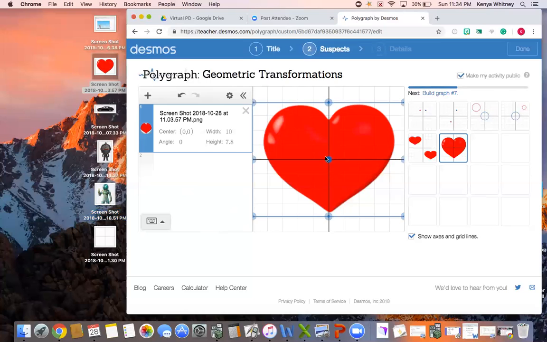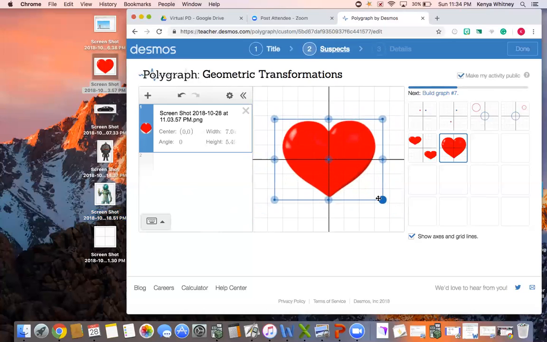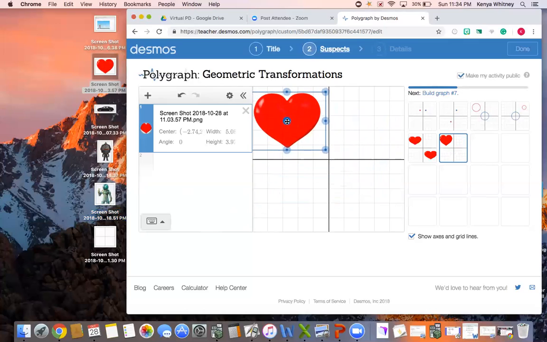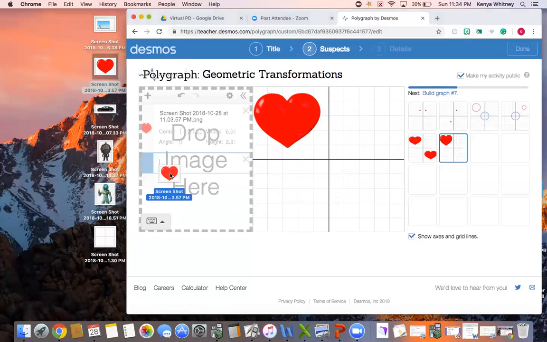So I'm going to click on my figure here, and I'm going to drag one corner in a little bit so I can make it a little bit smaller. There we go. I'm going to put my original figure here. Then I'm going to click in my second box here. This is the one that I will be manipulating. So I click and I drag there,